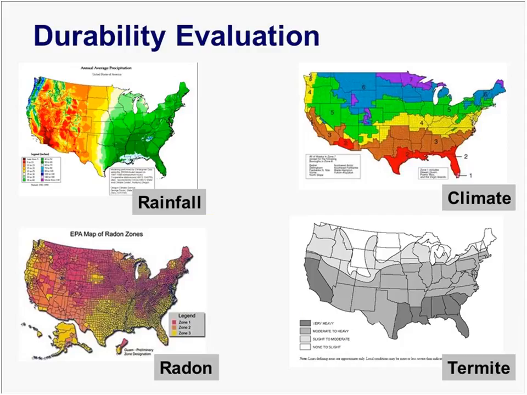Another thing that you're going to be doing is evaluating potential durability pitfalls of where you're at. So you're going to be looking at moisture and rainfall. You're going to be looking at climate. You're going to be looking at potential for radon, which is the second cause of lung cancer. You're going to be looking at pests and termites and storms. And so there's a whole durability guidance management checklist within the LEED for Homes rating system that is going to